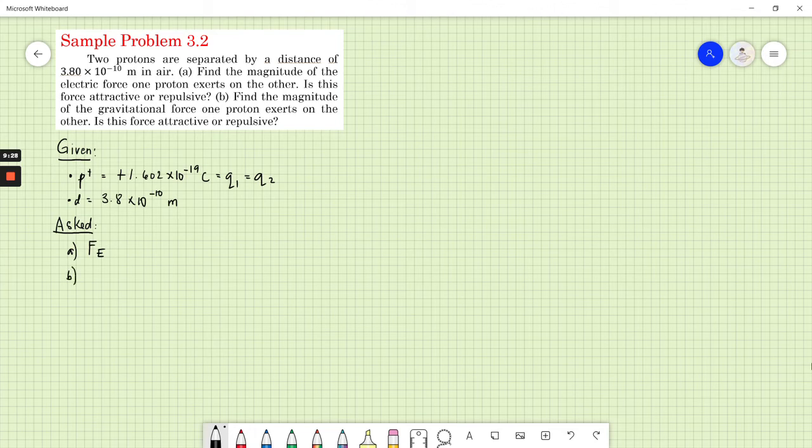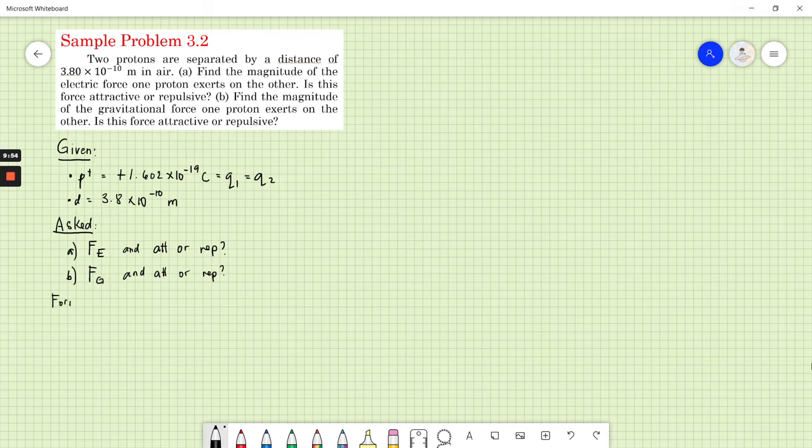And next, is it attractive or repulsive? Next, they're asking us for B, the magnitude of the gravitational force. So gravitational force, and is the gravitational force attractive or repulsive? Next, let's